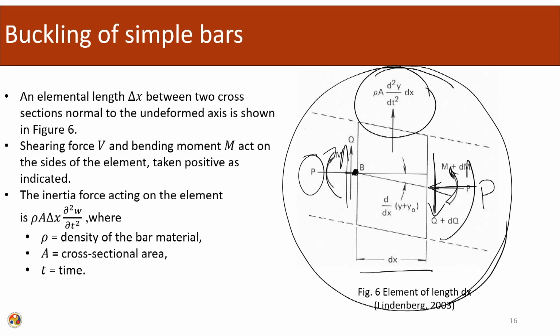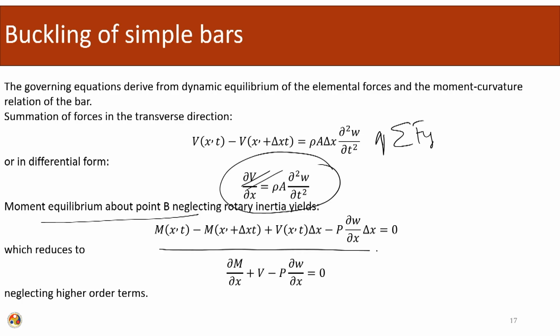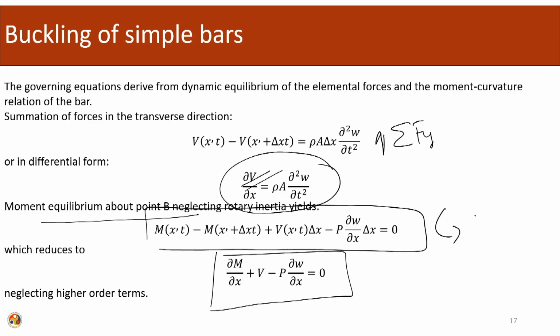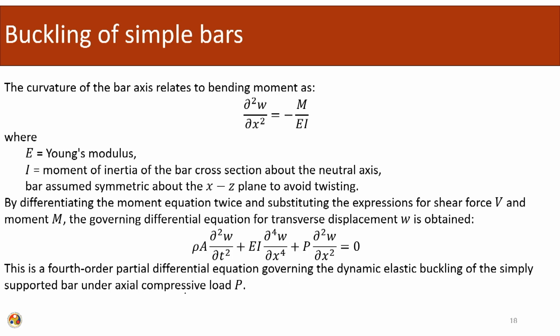So, we got the effect of the moment on the two faces, the effect of the axial load, and the effect of the inertia. We wrote out the differential equation. Here we balance the moment about point P, and got the equation in terms of the moment and shear. Here we ignored the effect of the rotary inertia terms and the higher order terms. After that we used the approximation of the Euler-Bernoulli beam, and using this equation we got the